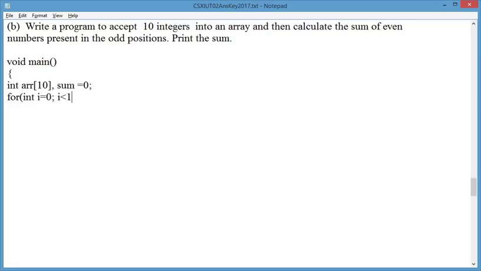I equals 0, I less than 10, I plus plus, and cin >> arr[i]. So this is how we have read the values. Now the next is to calculate the sum of even numbers present in the odd positions. So we need to check all the elements, and here there is one constraint: your sum of even numbers, which are present in the